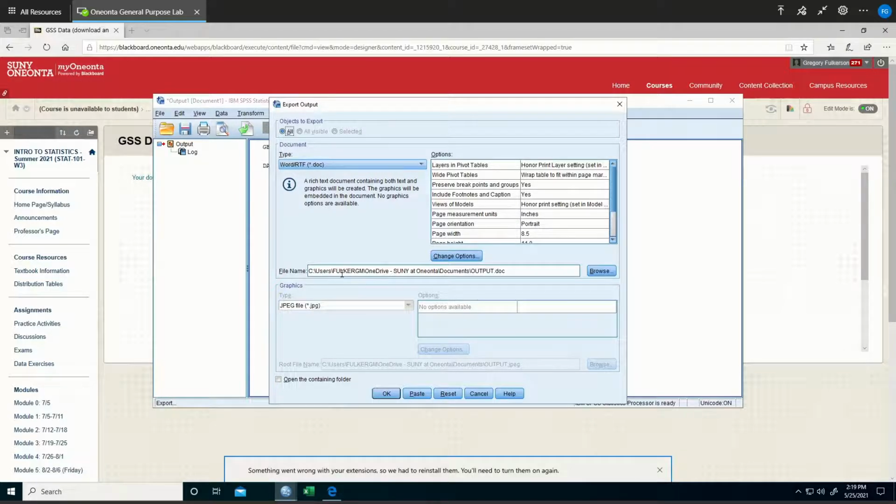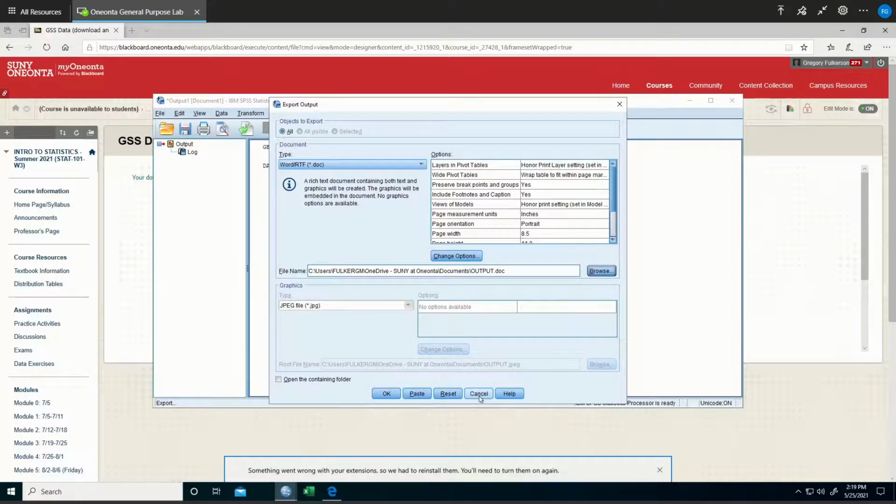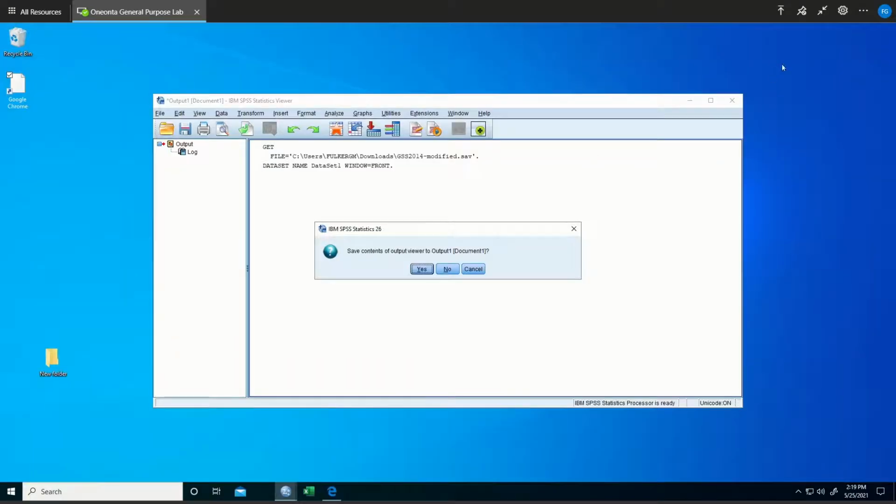And just make sure that whatever you're doing on this remote environment, you can locate. So your documents should be accessible. If you go to OneDrive, I recommend you save your things to OneDrive because then you can access it from other devices. All right, so just keep those things in mind when you're doing your data exercises. All right, so that's what I wanted to show you with that. I'm going to leave